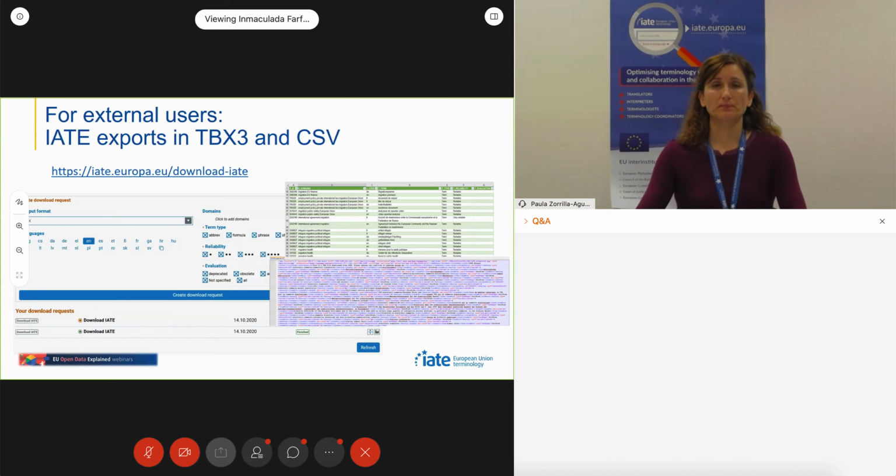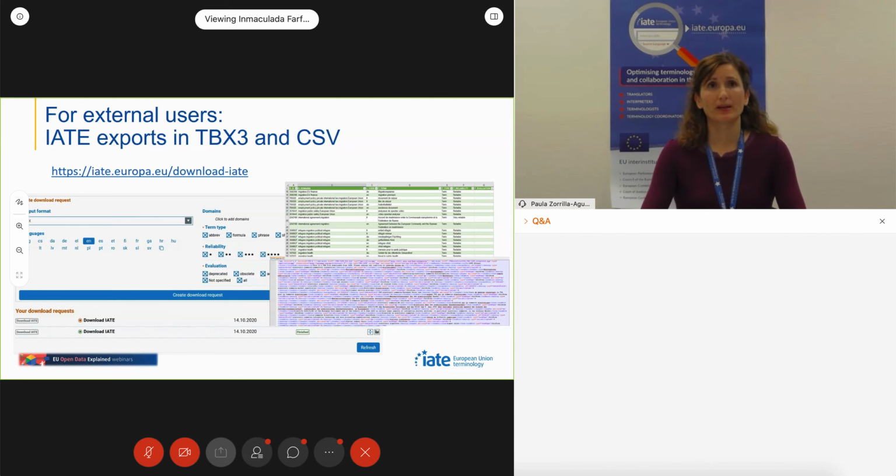It is important to know that IATE content is frequently organized in thematic or project collections for internal management purposes. However, the collection filter is not open to external users, neither in the standard search nor in the download feature, although we have plans to make it available soon so that users can extract thematic datasets besides the domain.